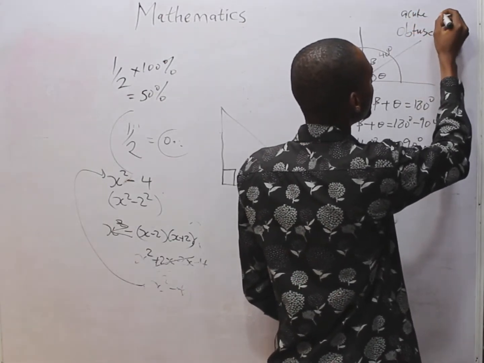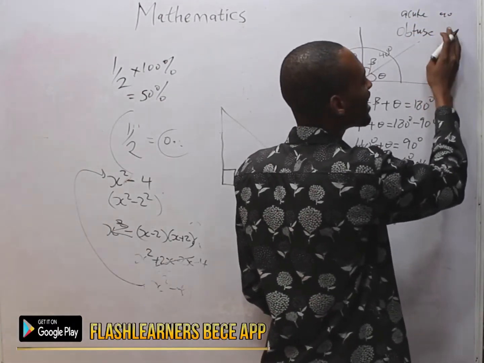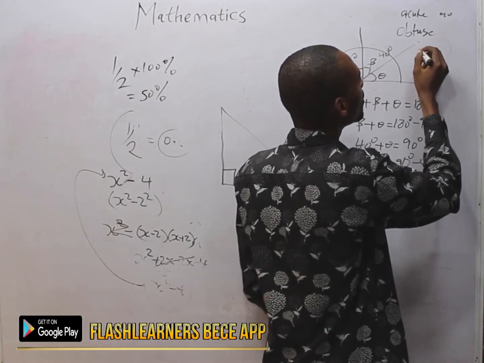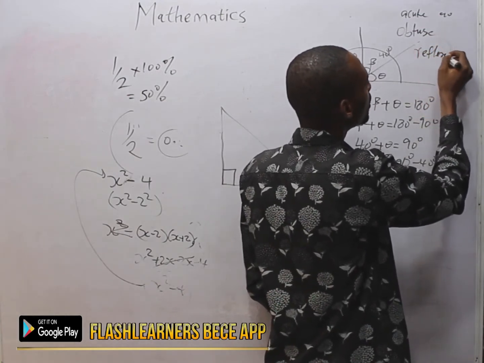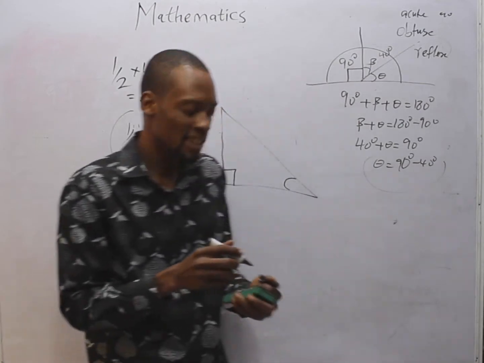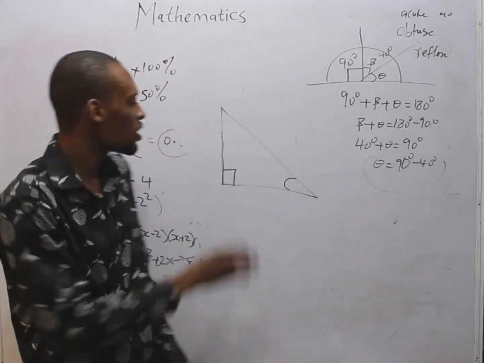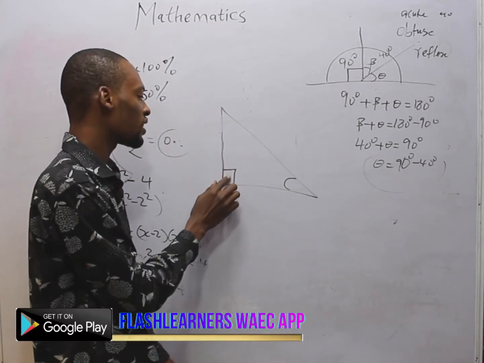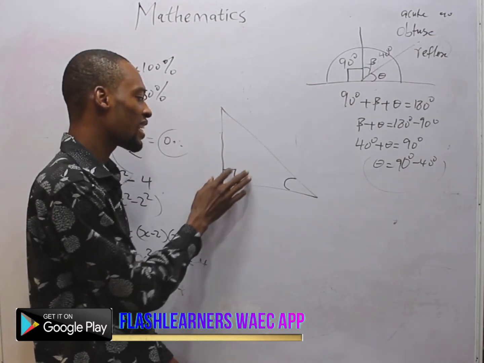Acute, lesser than 90. Obtuse, greater than 90 but lesser than 180. Reflex, greater than 180 but lesser than 360. So when you see triangles like this with one of the sides to be right angle, which is 90 degrees,